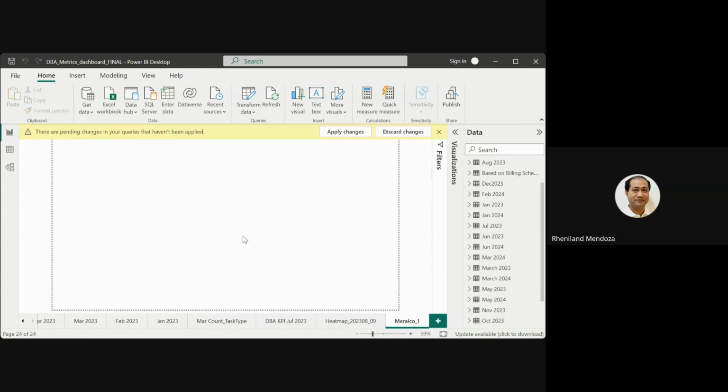See, it's counting. Based on the statistics, there are about 106,000 rows in this table. We can actually view it here.